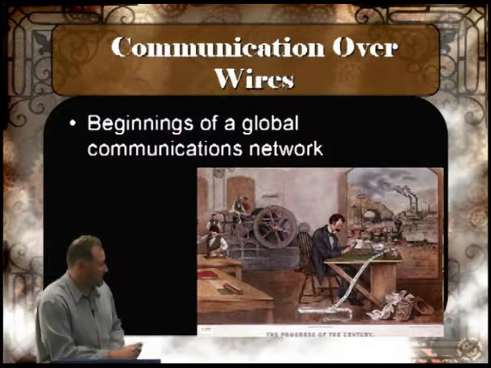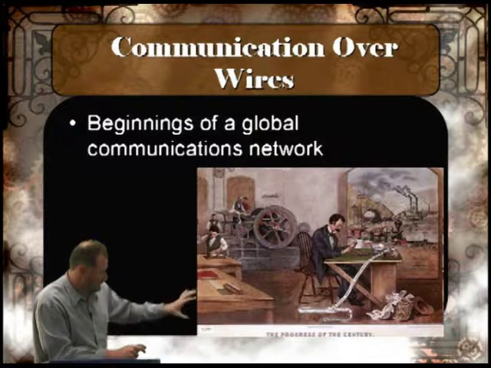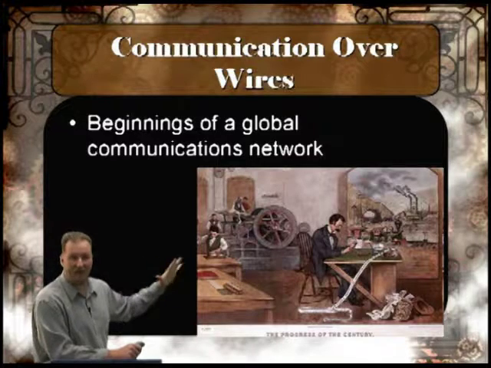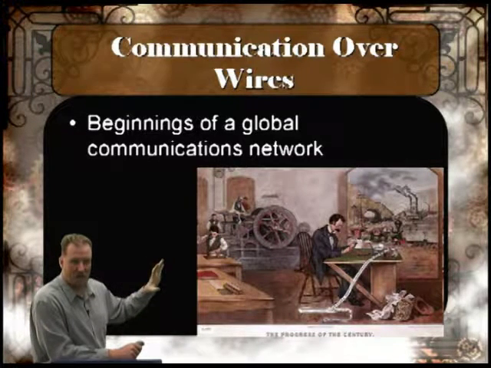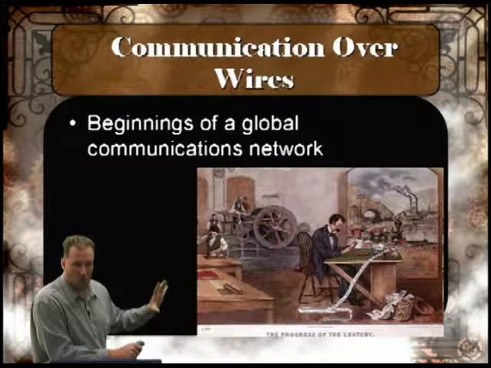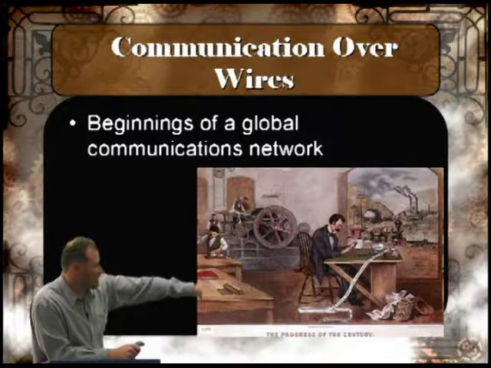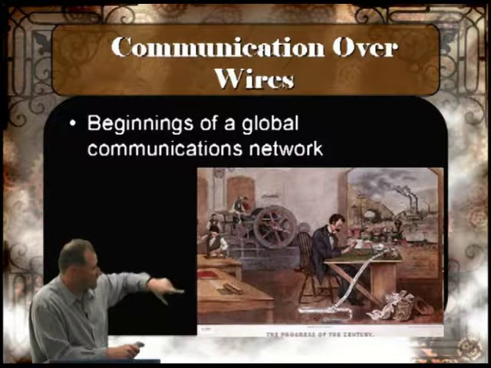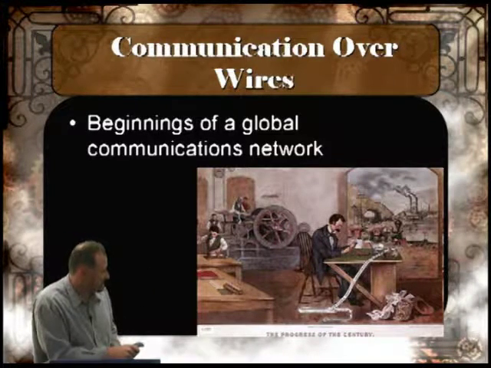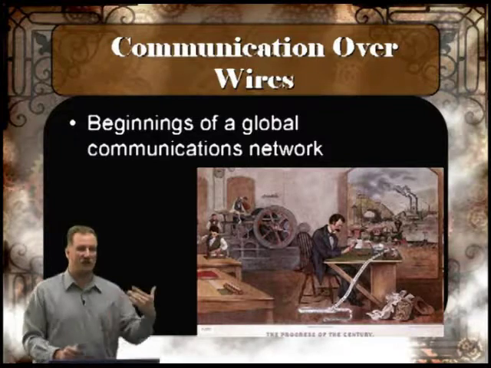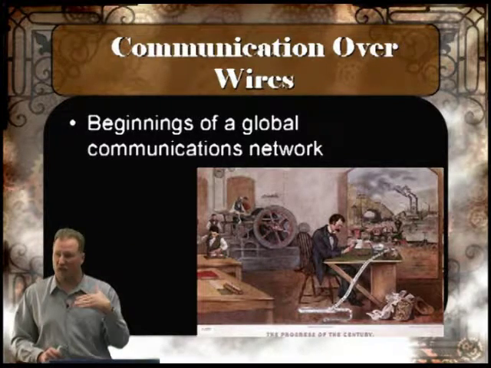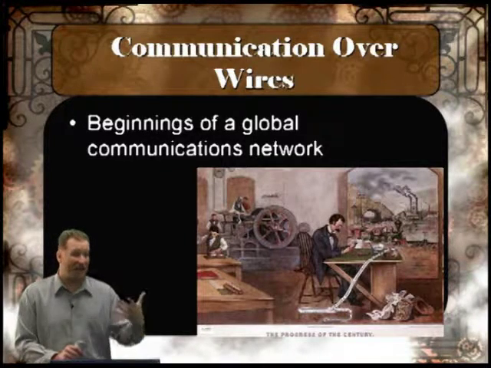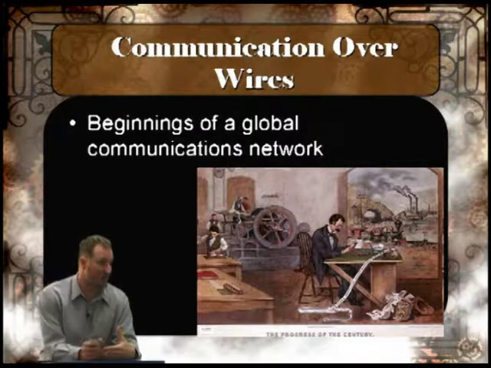And then communication over wires, and I love this image down there. It's relatively small, but this was at the turn of the century. It kind of mirrors the same five characteristics that you read in the book, things that changed the world, that spur industrialization. You can see it's got the printing press in the back, but there's a guy doing the telegraph, there's a steamboat, there's the railroad, the inventions of the century, the progress of the new century. Because now necessarily, I can have these goods go back and forth, but communicating back and forth is going to revolutionize everything.